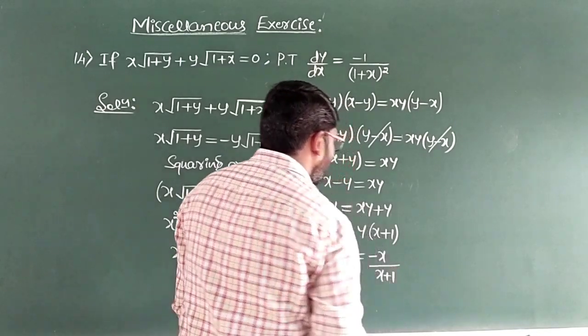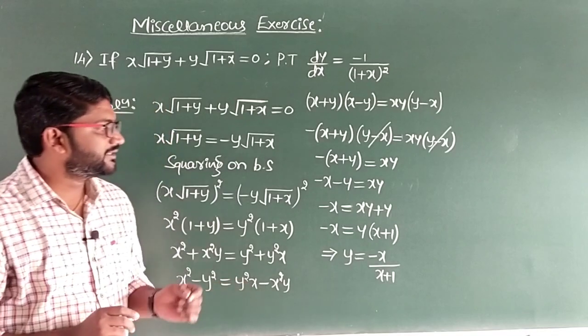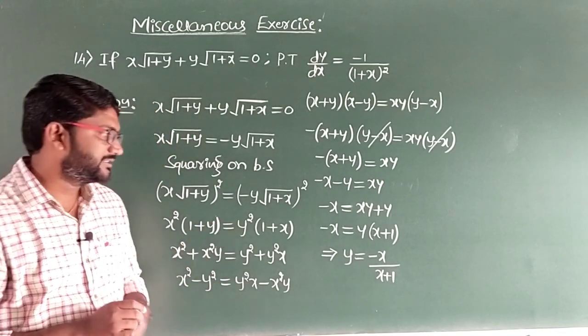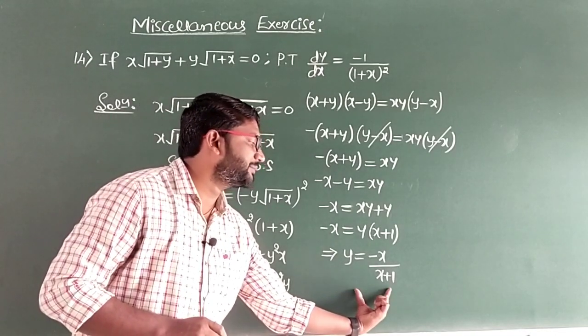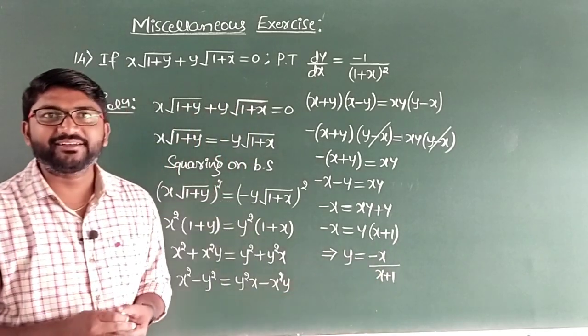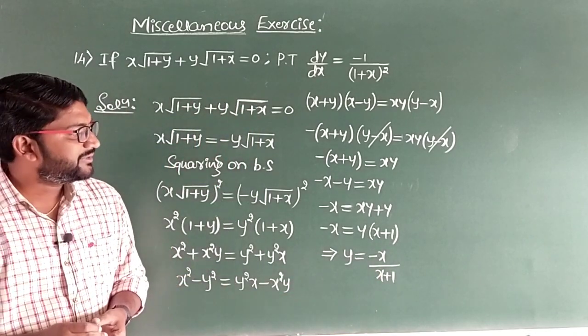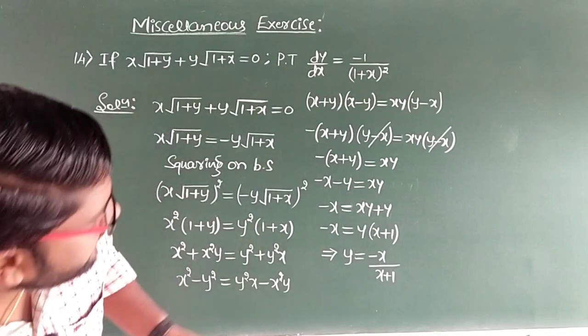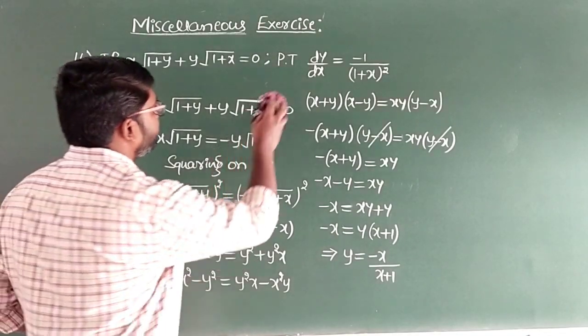So till here we have simplified the given function. Now we are actually going for the differentiation. Differentiate both sides with respect to x. Here it is in the form of u by v: u dash v minus u v dash divided by v square. So let us go for the next step.